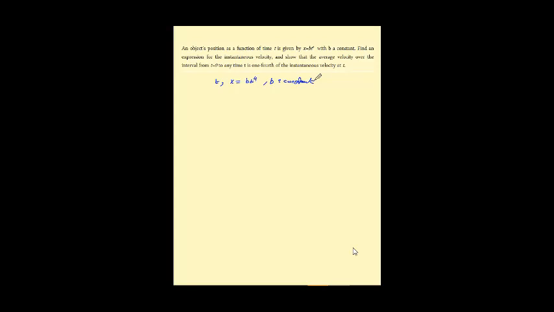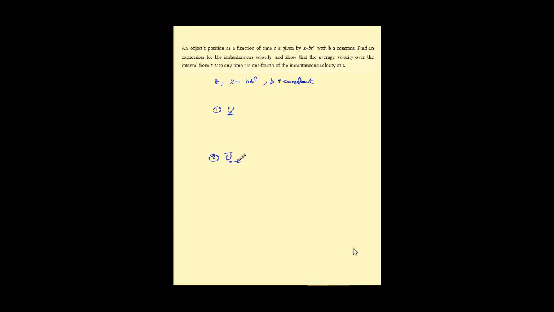So we need to find v and show that the average velocity over the time interval from t equals 0 to any time t is 1/4 of the instantaneous velocity at t. So we need to find v instantaneous first of all, and we need to find the average velocity from 0 to t, and to prove that it is equal to